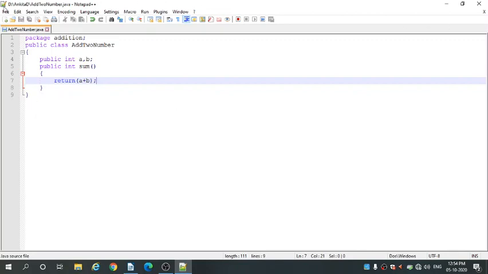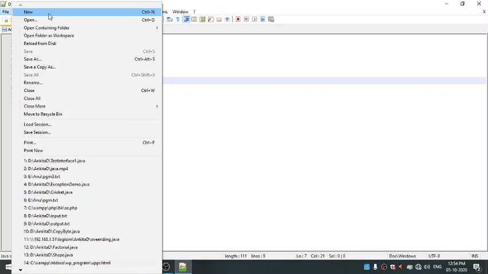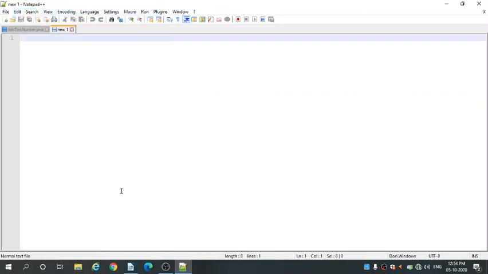So another file we are creating here. In this file we are importing the addition package which we have recently created. Okay, so open a new file and write the program.